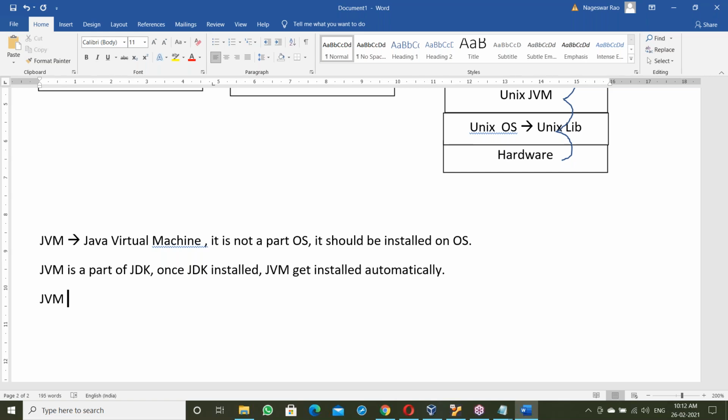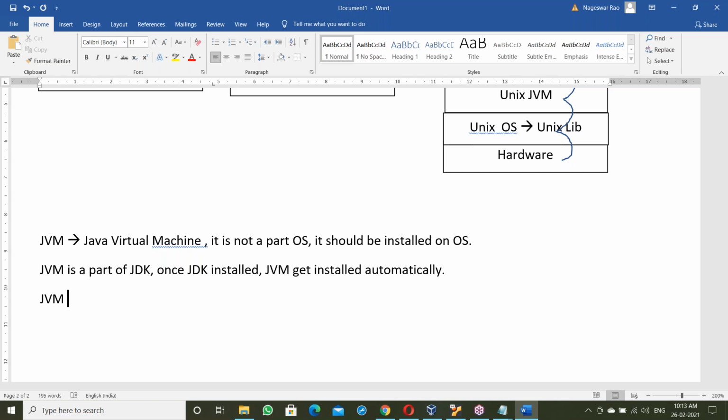I did a lot of R&D on the JVM, before 2000 itself, even before learning Java. I wanted to understand what is happening behind the JVM and how the C++ program works behind it, because at that time I was an expert in C and C++. My first two projects were embedded C projects. Later I switched to Java, but before switching I did a lot of R&D on the JVM.